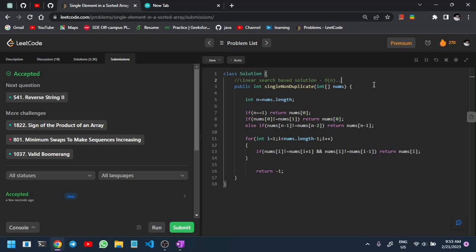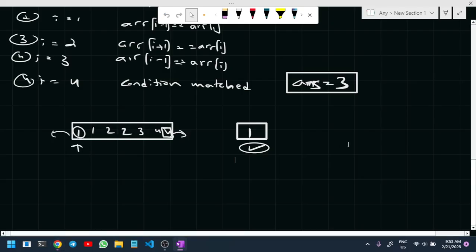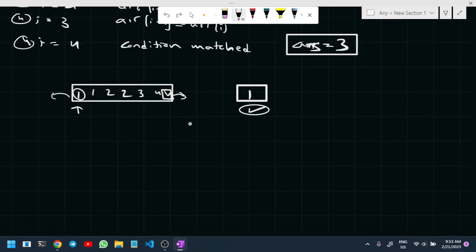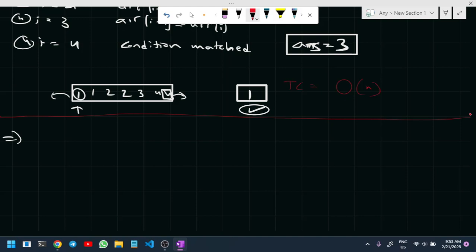Okay, so now let's see whether we can optimize our code or not. Since the array is sorted, I want you to think about the intuition: since linear search can be applied here, and we are given a sorted array, we can think of a solution in terms of binary search. The time complexity of this is going to be O of n and space complexity is going to be O of 1. Now what else can we do? We can use binary search here, but before that,